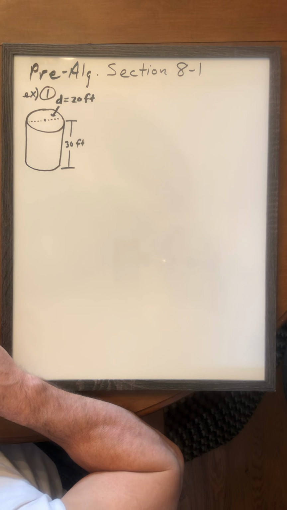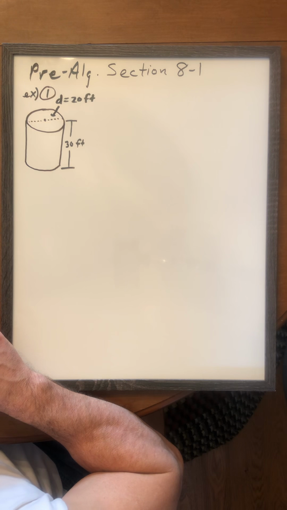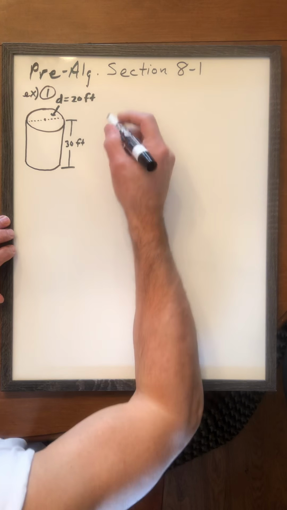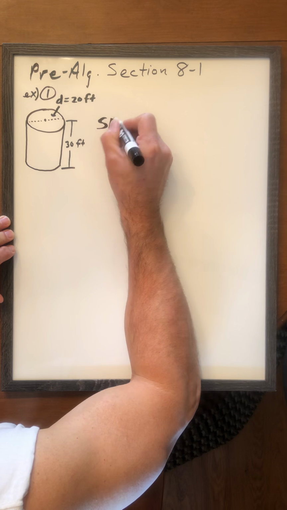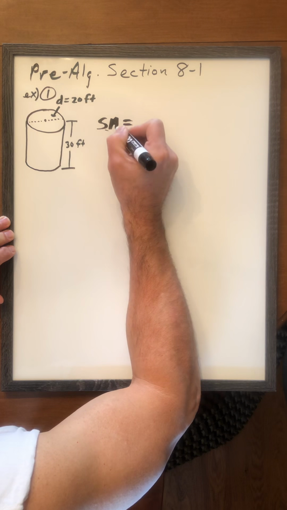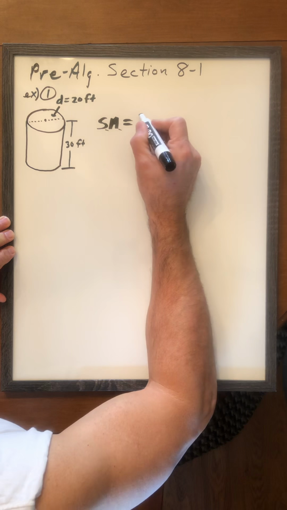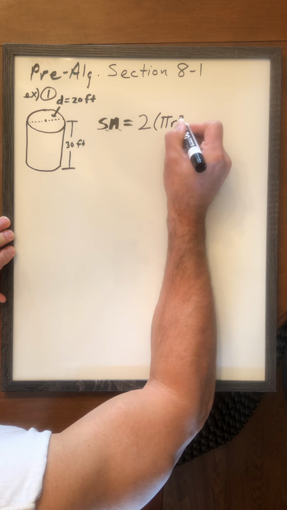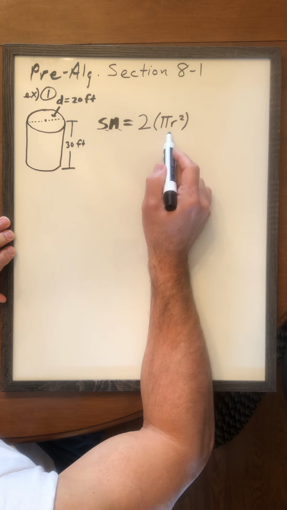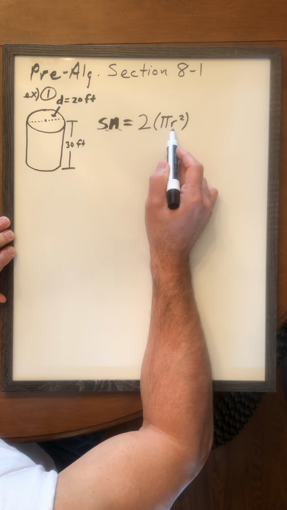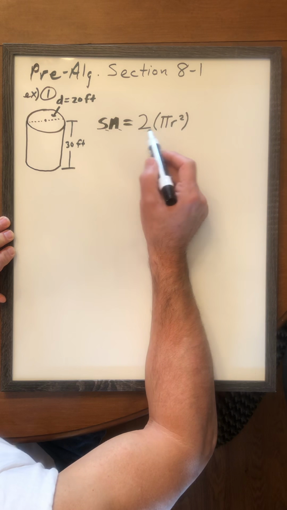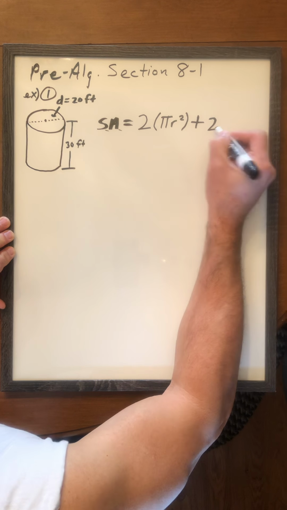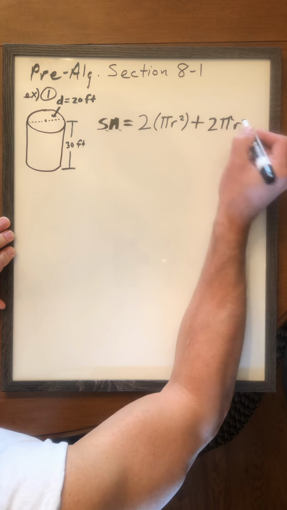So the first thing we want to do, anytime we're doing a problem like this, is write down the formula. The surface area, SA, is equal to 2 times pi r squared. And the reason we got 2 times that is this is the area of a circle, pi r squared, and we have 2 of those. So we're going to take 2 times pi r squared plus, then we have 2 pi r,